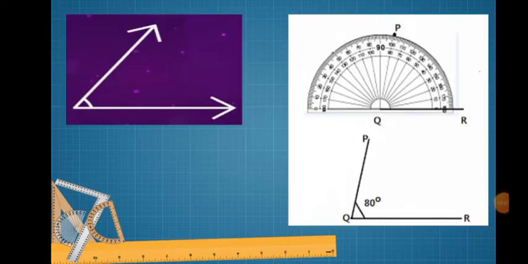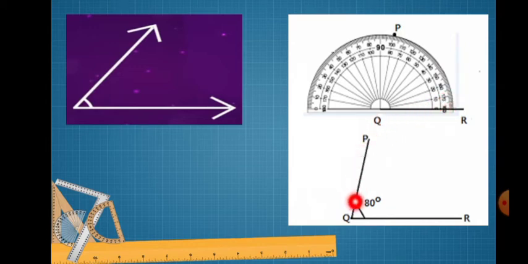Let me see how to measure an angle. These two rays meeting at a point make an angle. Observe this instrument, which is called a protractor, also called a D. You can find this instrument inside your geometry box. This instrument contains two measures, the inner measure and the outer measure. The inner measure contains 0 to 180 degrees from right to left, and the outer measure also contains 0 to 180 degrees from left to right.